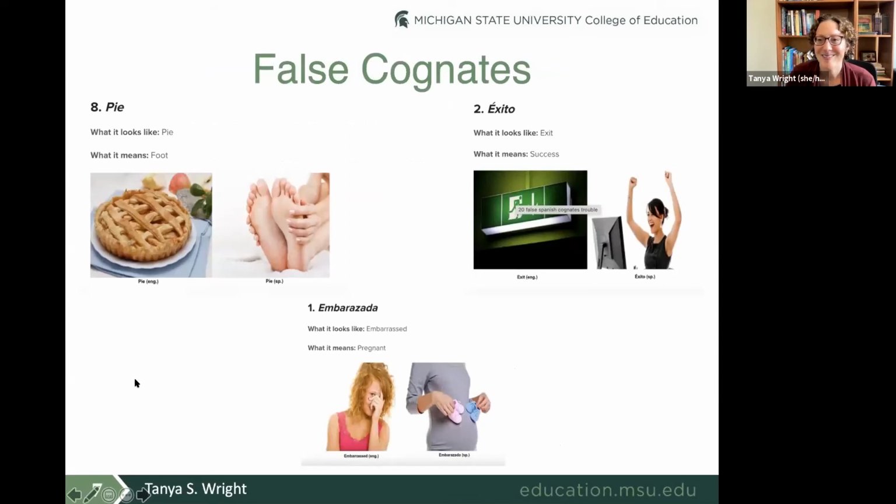With caution, right? So sometimes people call these false cognates. So sometimes words may be spelled alike, but they actually come from different roots and therefore have totally different meanings in different languages. So here are just a few examples. There's pie in Spanish, which is foot, right? Which is spelled exactly like pie in English. So you would be led astray if you thought those were cognates. And there are a couple more examples for you right here.